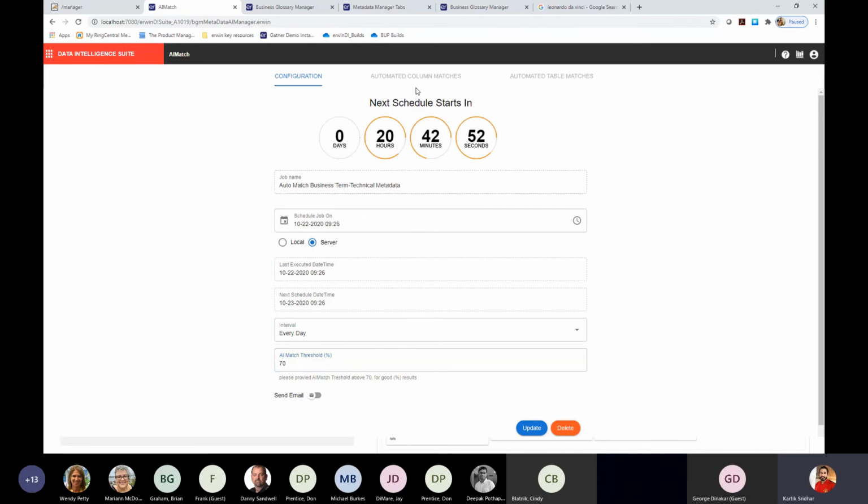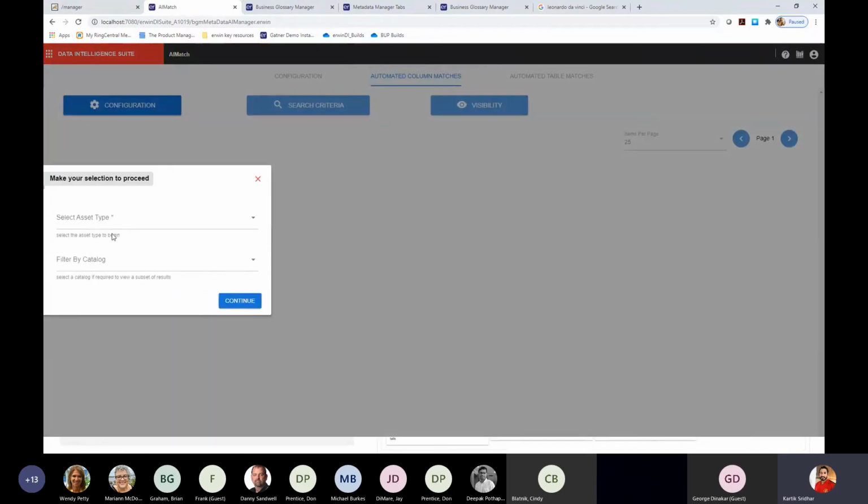And once you've configured your schedule, if you're running this on a periodic basis, as your metadata is being ingested or harvested on a periodic manner, you can put this on a schedule, and you will have visual indicators here that tell you when the next job is scheduled to fire and at what time and so on. You'll be able to go into automated column matches, and here the tool will walk you through what